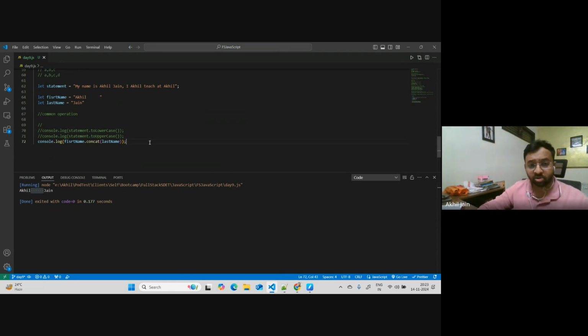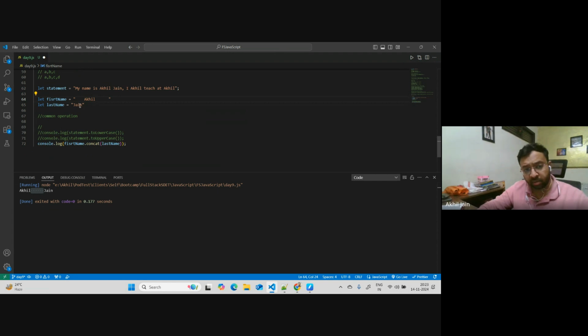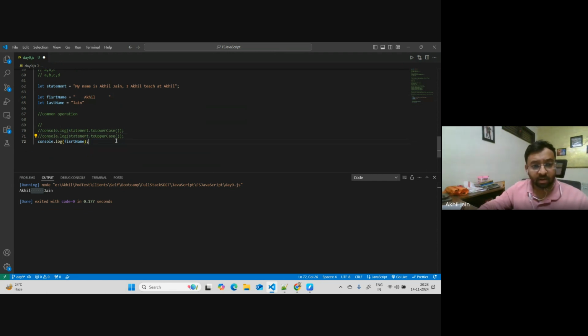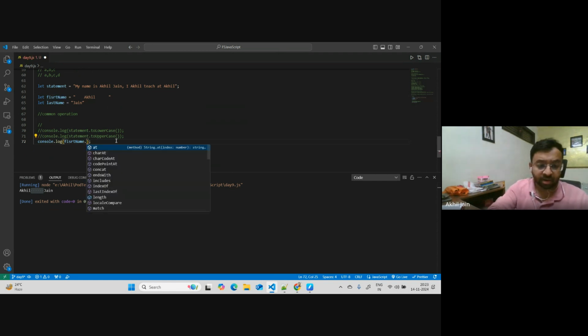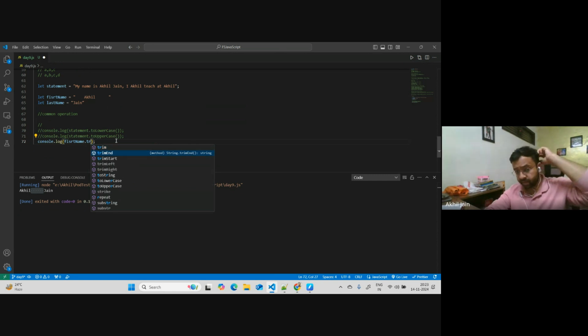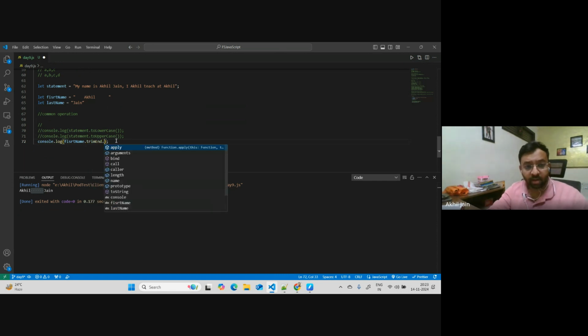So there's an operation of trimming the extra spaces. The extra spaces could be in the tail part, or in the head part also, like this, in both the keywords, this one and this one. But let's take this example. You can see it has spaces on both sides, left and right. So what I'll do here is, let me remove it from here first of all. I will say firstName.trim. You see there are methods here, trim and trimStart. So I will say trim and then